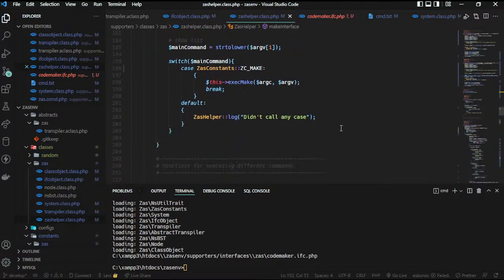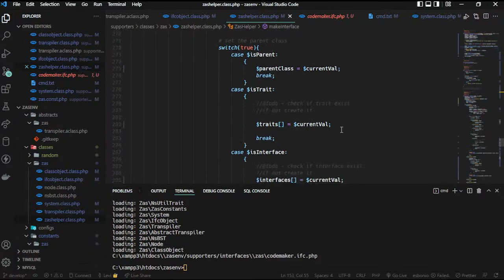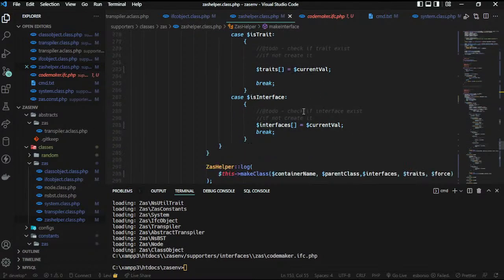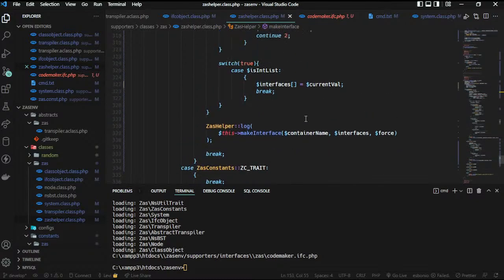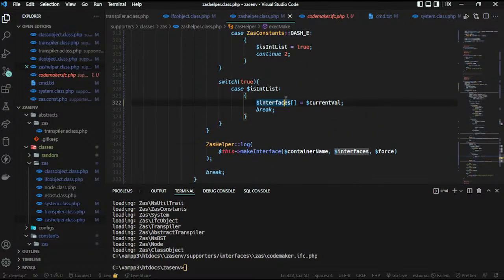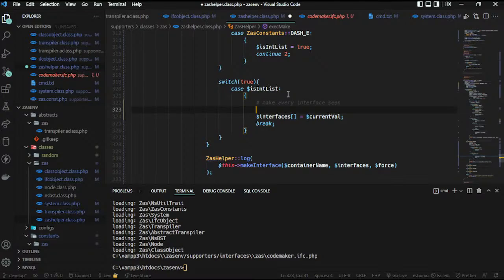You see, when we call make, we have to do a check here. It's the same thing. For every interface we see, we have to make the interface. If the interface already exists, we won't make it, so it's fine. So make every interface the same. We're just going to say this make interface,